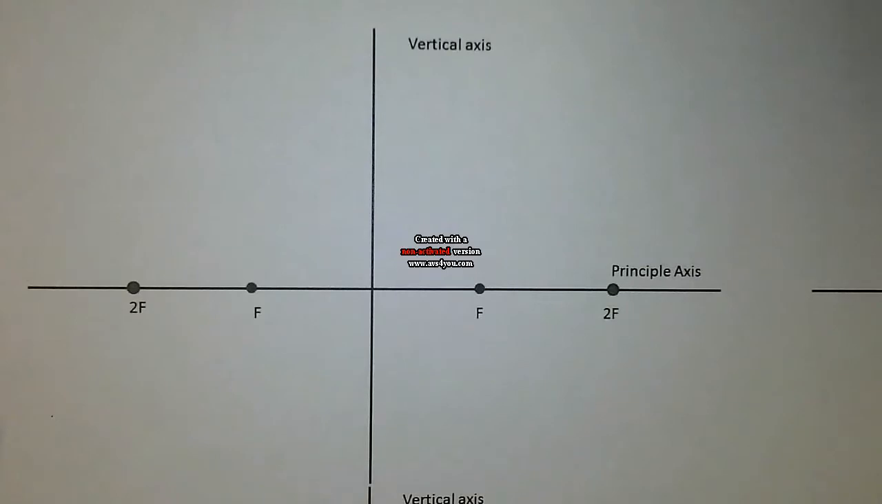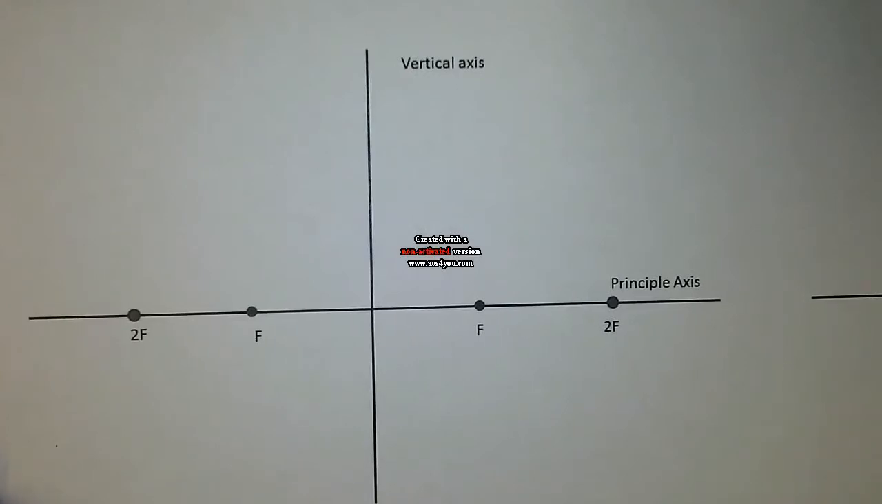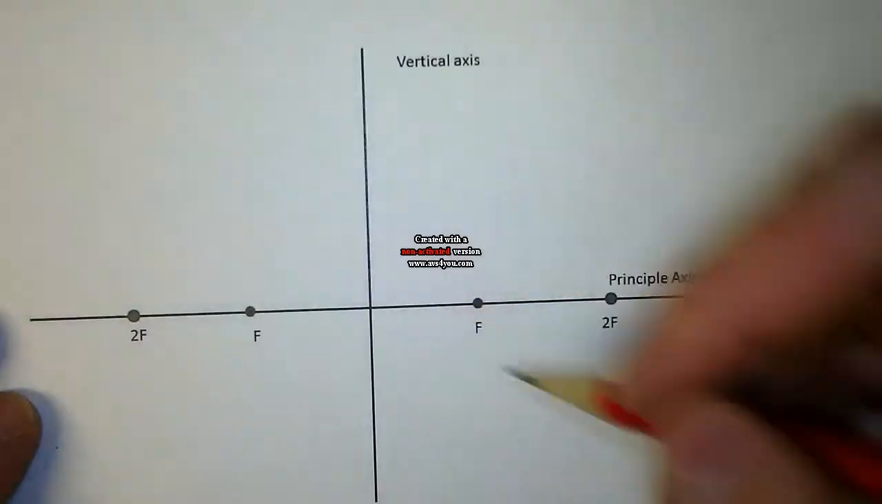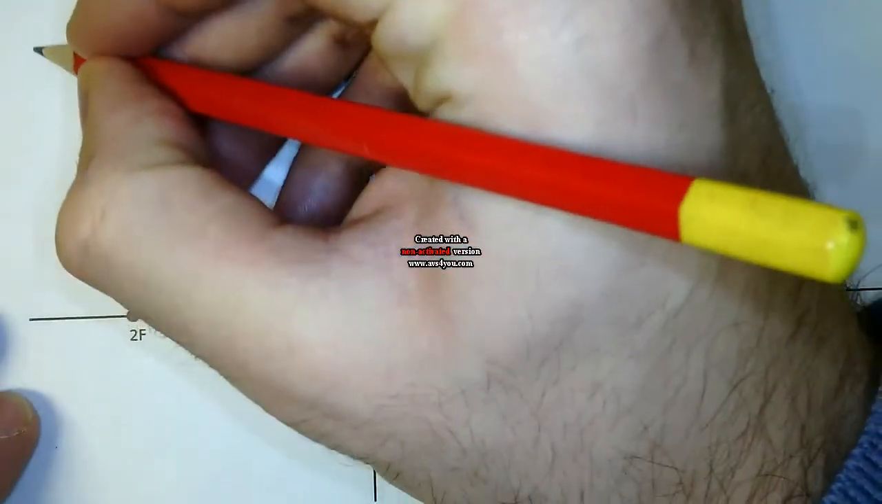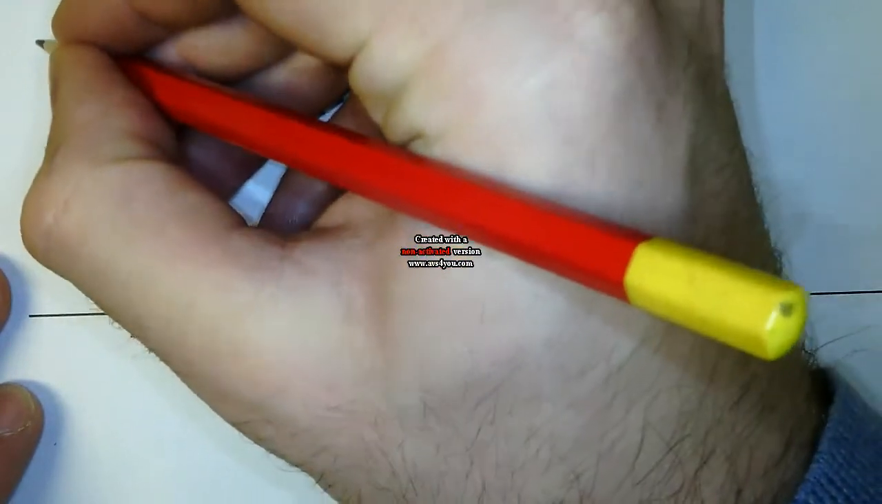Okay, in this video we're going to go through how to do the various different types of lens diagrams, both for convex and concave lenses. So the first one we're going to do is a convex lens. I'm going to put little titles at the top telling you which one is which. So this one is going to be a convex,